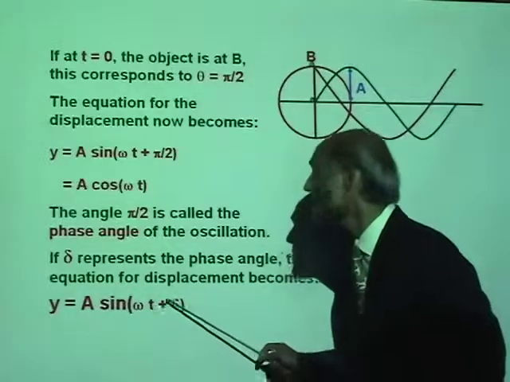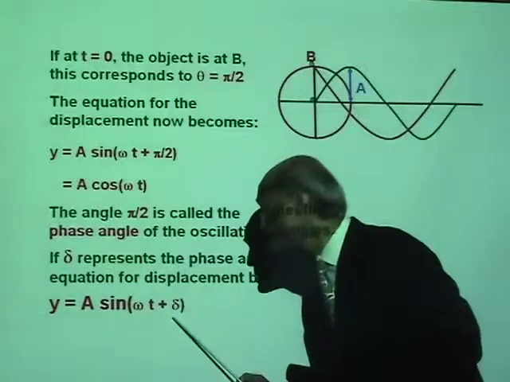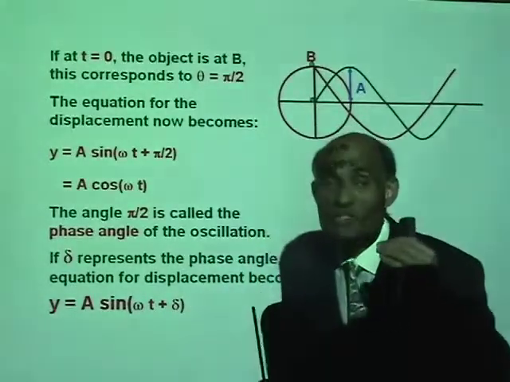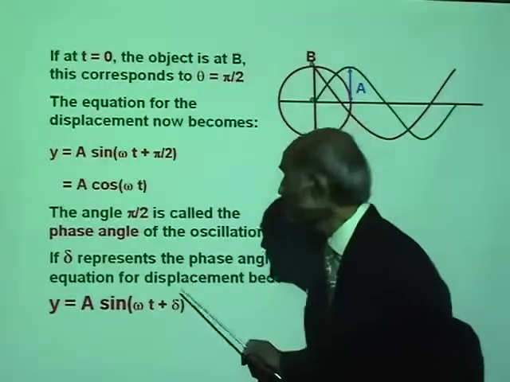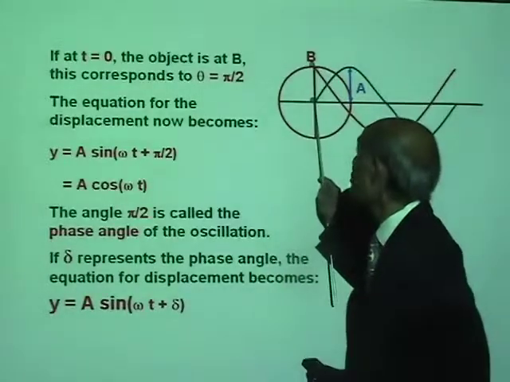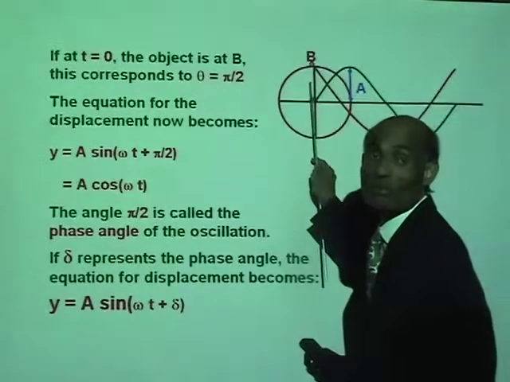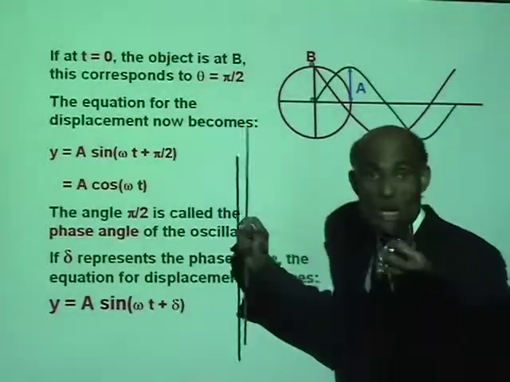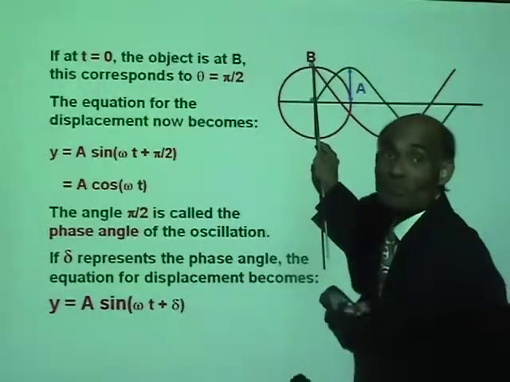sine omega t plus delta. This delta, the value of that delta will tell you where exactly the object is when you start the clock. If delta equal to 0, the object is at the origin and is beginning to move up. If delta is pi by 2, when you start the clock, the object is at the upper extreme and is